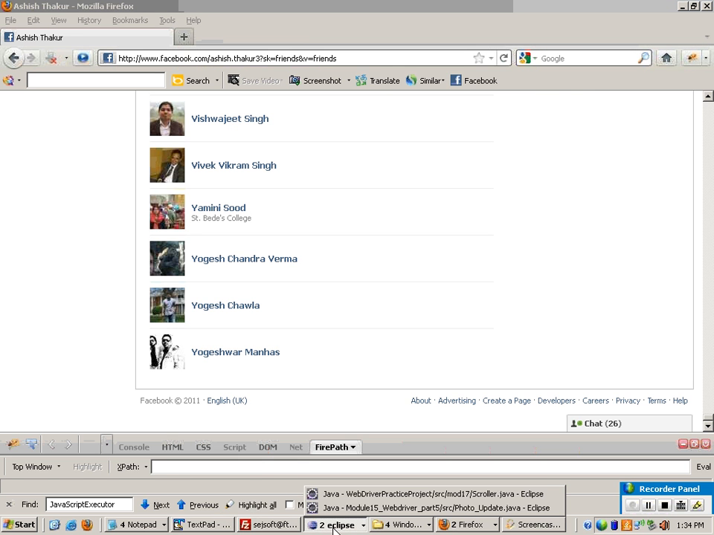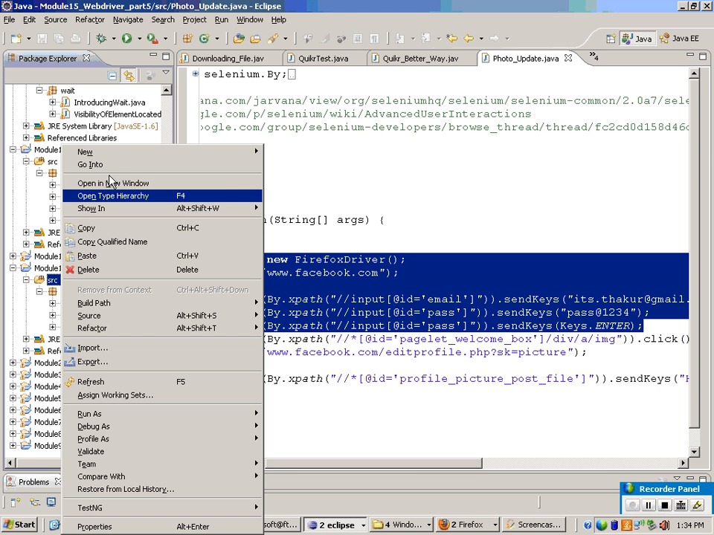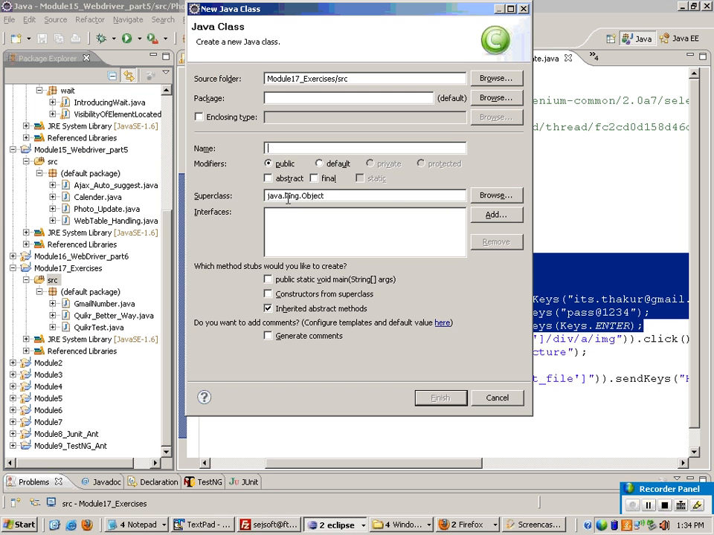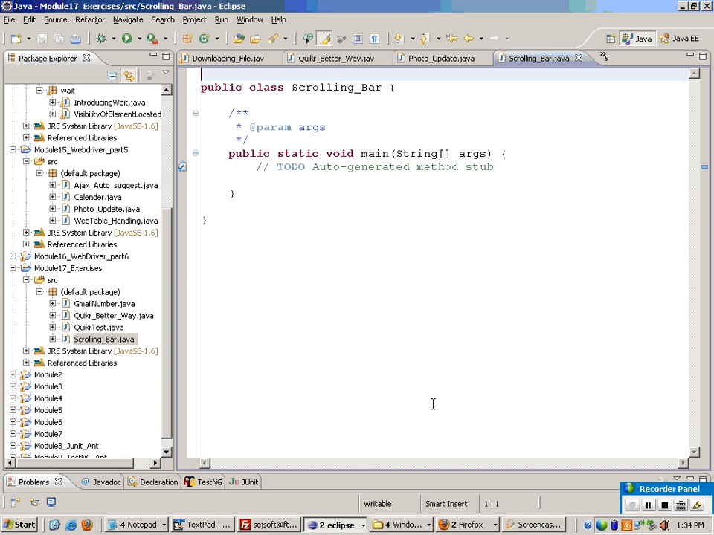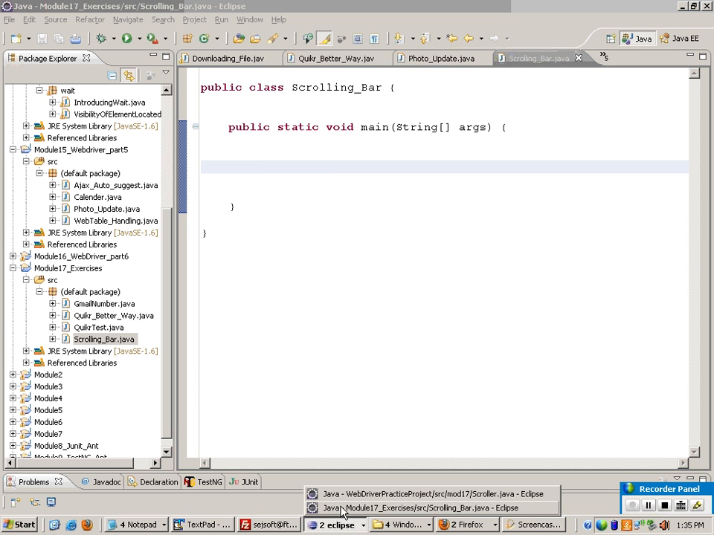Now first of all, I'll make a new file in module 17 called scrolling the bar, and in this bar you can actually write the code